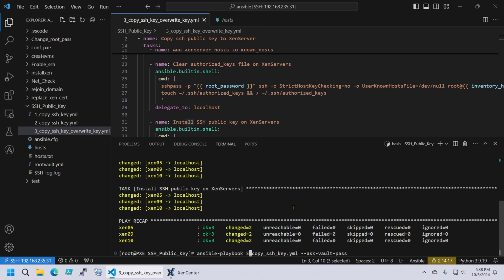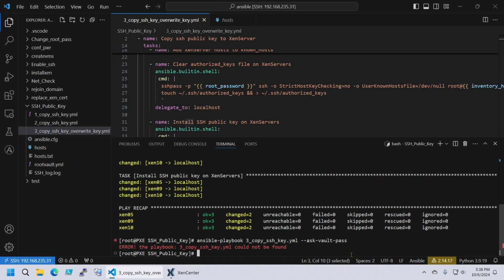So let's go with 3. What? Oh yeah, I'm blind. Okay, from 0. ansible-playbook, and 3, not 2, 3,